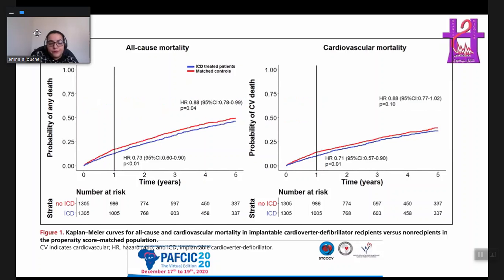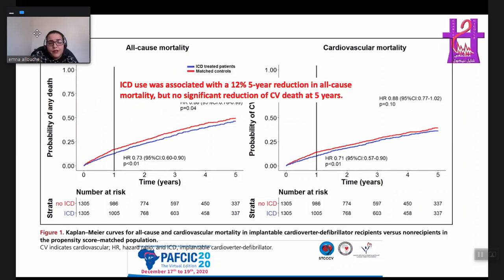For follow-up of 5 years, ICD use was associated with a 12% reduction in all-cause mortality, but for cardiovascular death there was